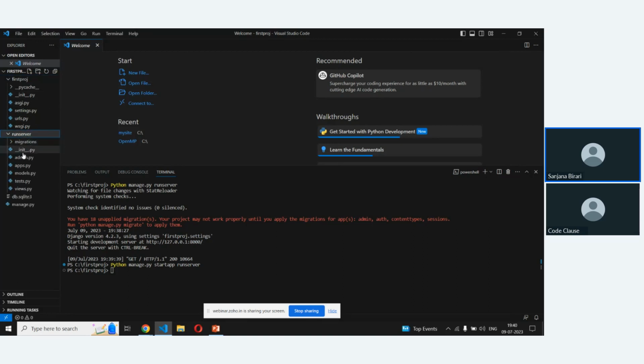In that, it has almost the same files, some are different. Each Django project has exactly the same structure, so when you create any application, it will show the same file names as default files.